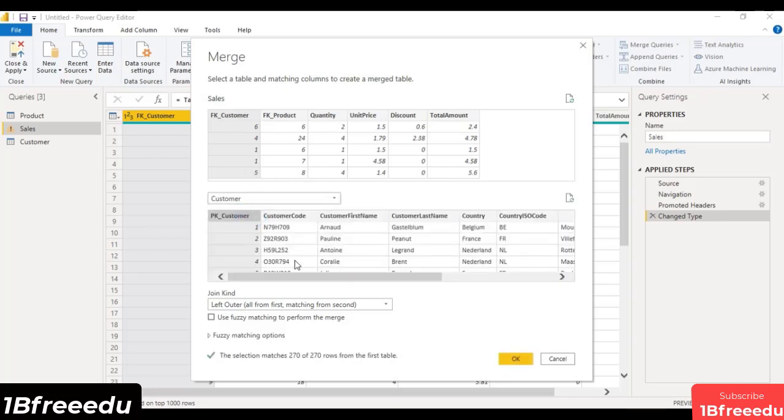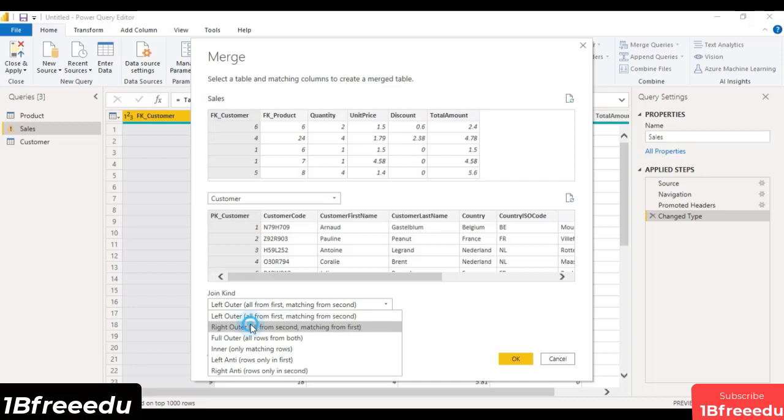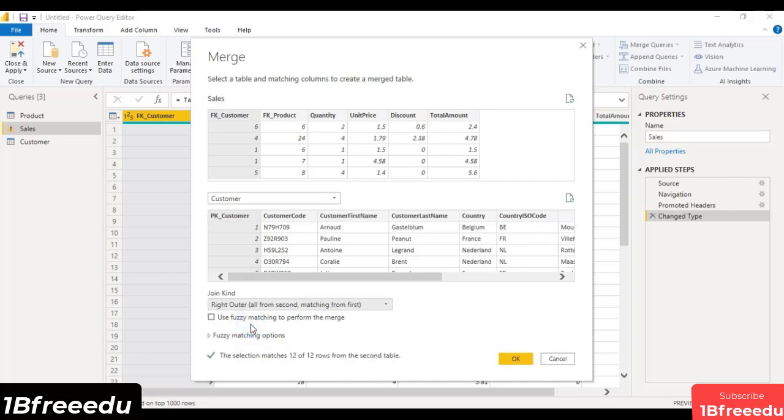So this would give me information about the customer in the sales table, and the join I'm going with is the right outer join, that is all from the second and matching from the first, which would help us in getting the information.